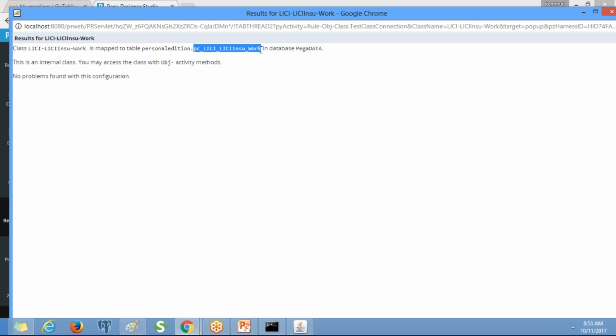I already told you that when you install the PRPC application, it automatically installs the database. If you go to the database and query this table, you will not see any data because we haven't generated anything, but the table will exist.